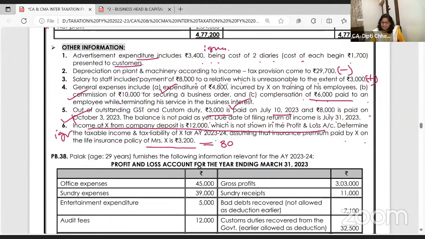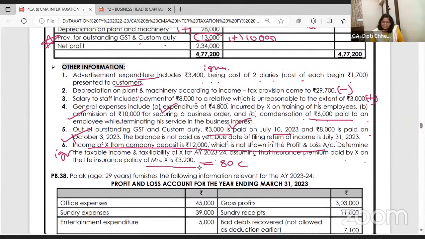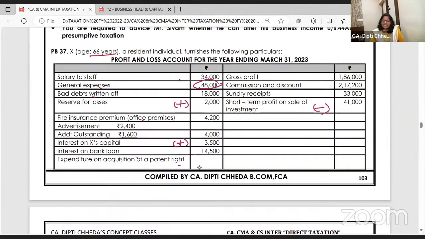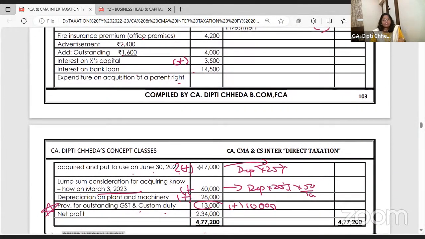If LIC is paid for wife, deduction is available under Chapter VI-A. So like this is the third problem, but I'm taking it orally. I hope it is clear. Okay. Check your watches. Exactly 2 to 3 minutes. Quick break. And then we are doing assessment of partnership firm separately.